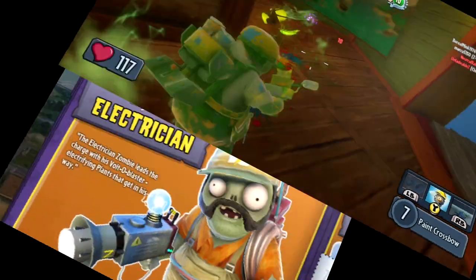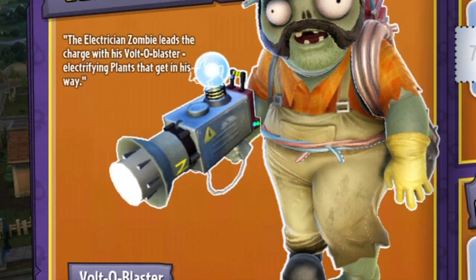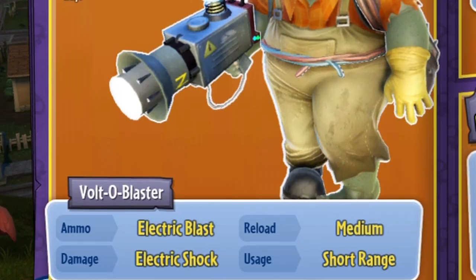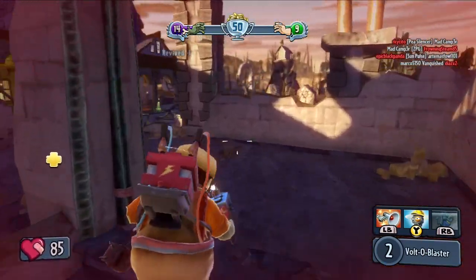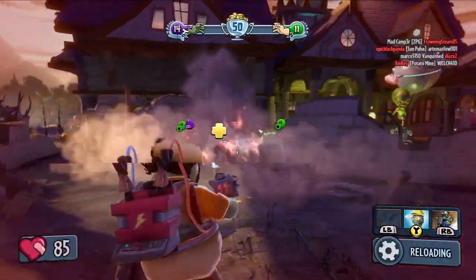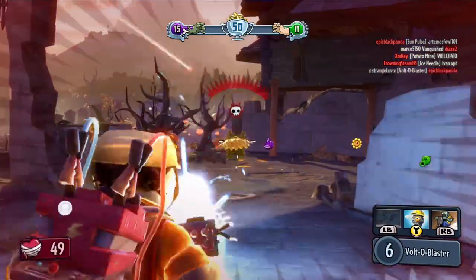make every shot count. Alright, so the next Engineer variation that I wanted to show you guys is the Electrician. Now by a similar token, the Electrician also uses a short-range semi-automatic weapon called the Volto Blaster, which deals electric shock damage to its enemies in the form of an electric blast. Similarly to the Painter, the Electrician does do a little splash damage, but he's most effective if you land those